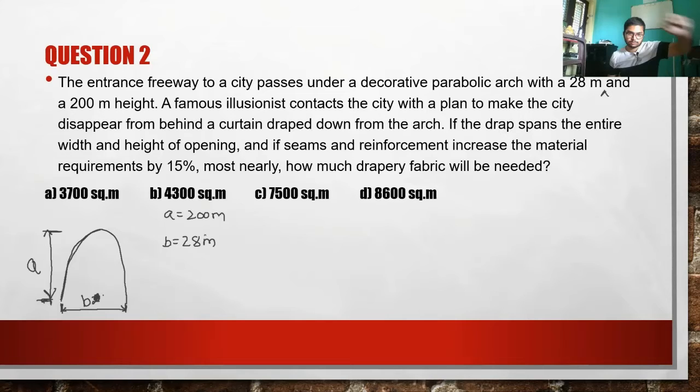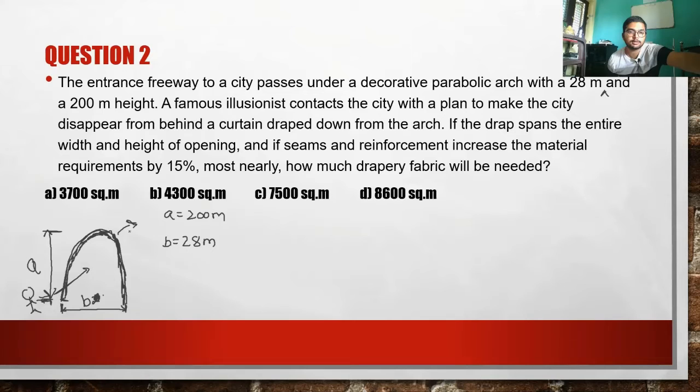Now what he is saying, a famous illusionist. So this is the gateway. Anyone who wants to enter a city, the other side, should enter through this arch. So this arch is of parallels. There will be some reinforcements as well. Since this is an arch, some design will be there. So through this a person has to pass, some person should walk through this so that he can enter the city on the other side.